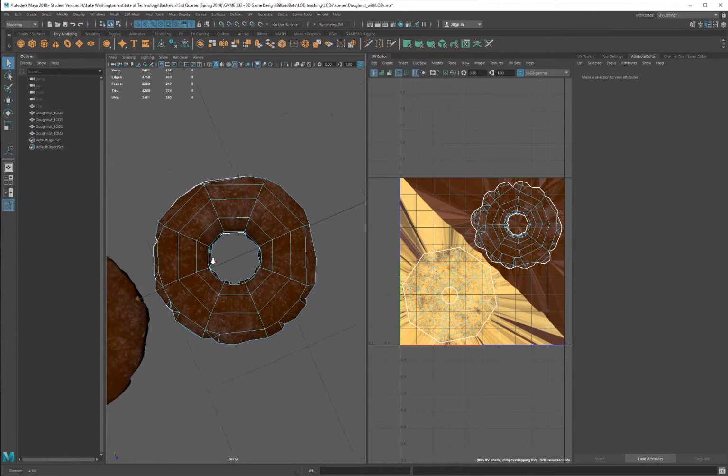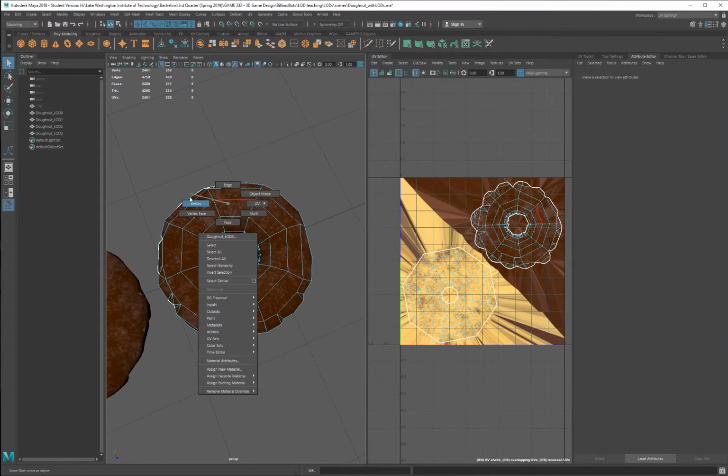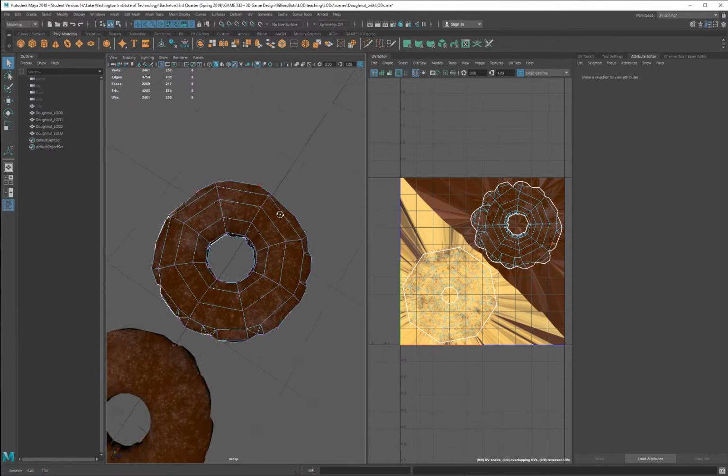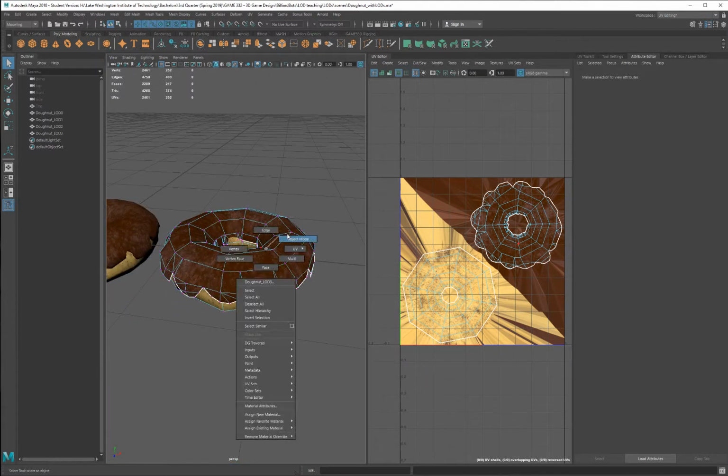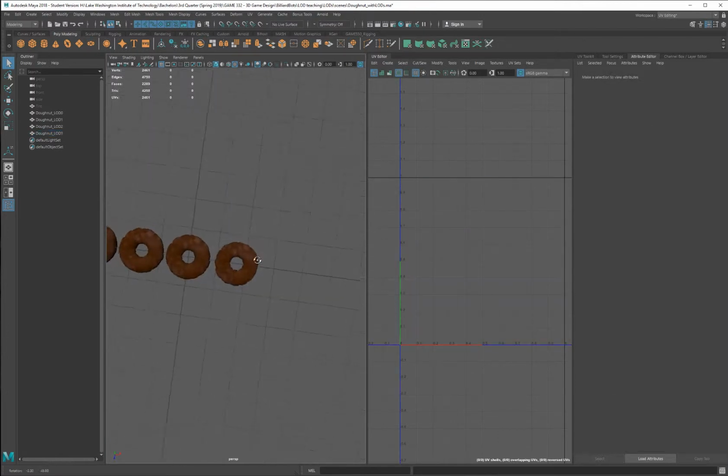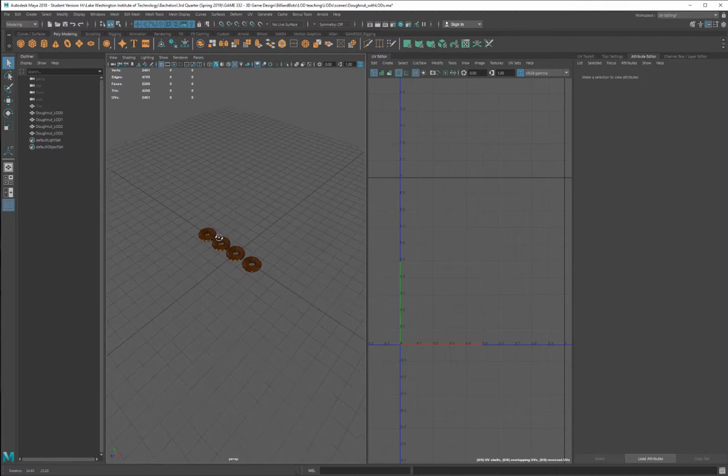Control Delete. Don't forget Control, otherwise you'll leave behind the vertices. Right? And there we go. We have a really brutalized version of that model. But if you look at it from back here, really, it doesn't look that bad, and that's exactly the whole